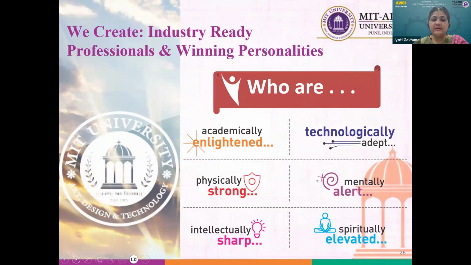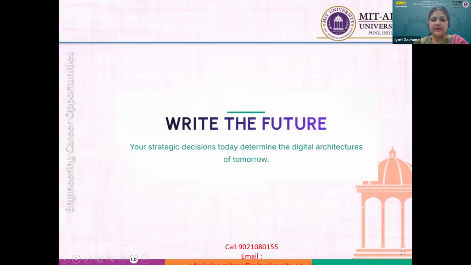So to help the student to be a professional in whatever stream he has chosen, we are promoting them to be academically enlightened, technologically adept, physically strong, mentally alert, intellectually sharp, and spiritually elevated. So it is not just the brain, it is 360-degree progress of a student where our university is